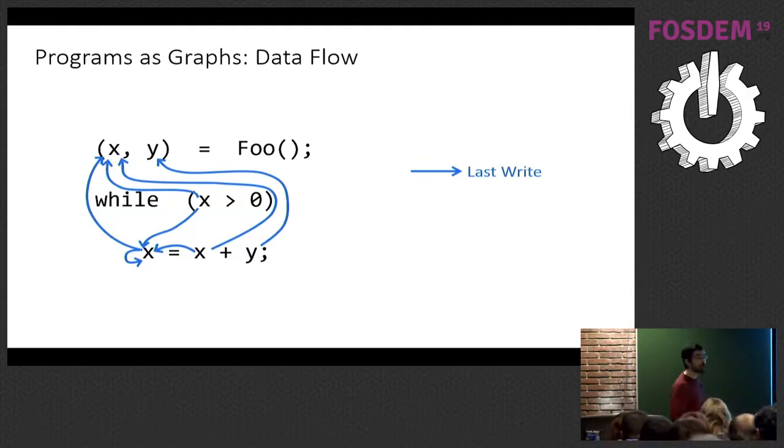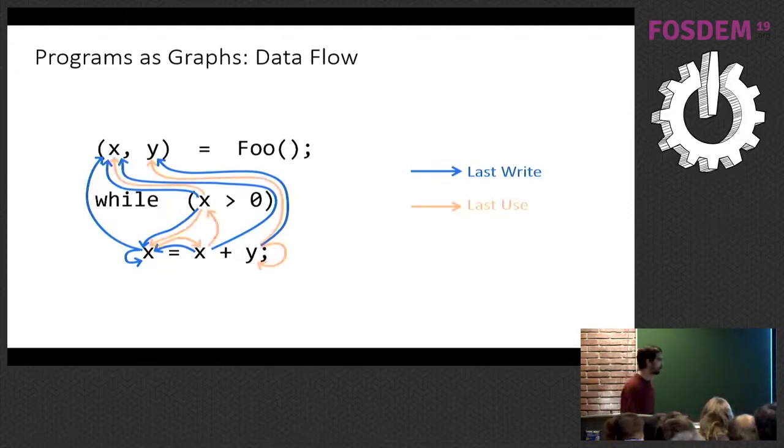But if you are on x, for example, well, it depends on where you are. If you are here, the last time you wrote x could be, if you just entered the loop, just here. But if you're still looping, it was the previous time you were here. So you encode this information within the graph. Again, just one way to encode this information.